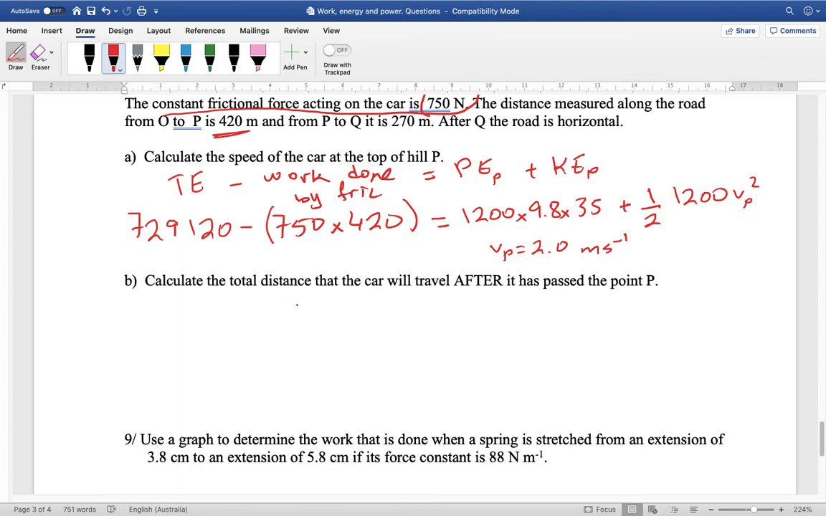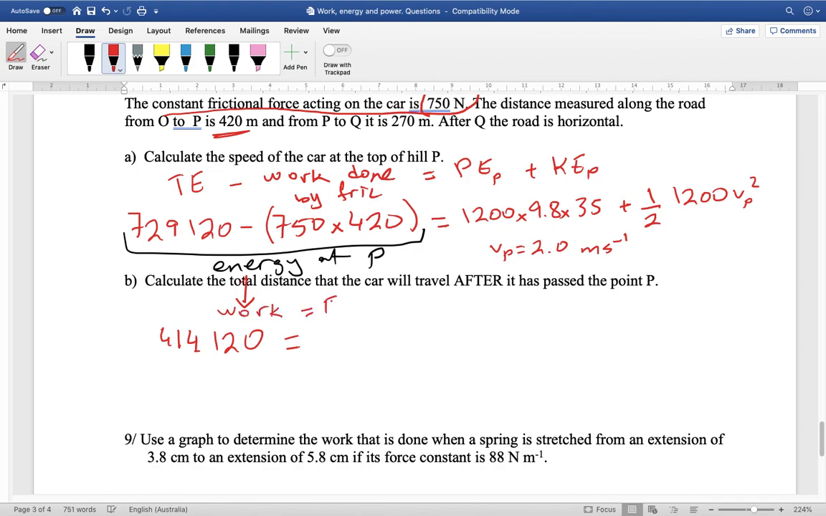The last part, calculate the total distance that the car will travel after it's passed the point P. Well, for this, I need the total energy at P. So this value, the energy at P, is going to be the work done against friction after that point. So to calculate that value, this minus this, gives me 414,120. I'm going to set that equal to the work done against friction, which is going to be the force of friction times the distance after that point. So that's 750 times S after that point, which calculates to the answer, which is about 552